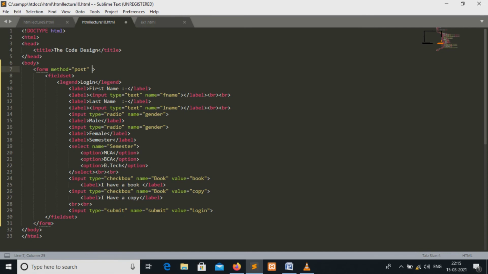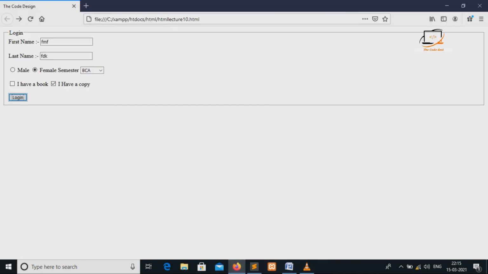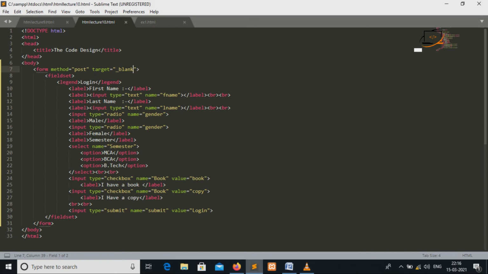Now we use target attributes in the form. So we use target. I am selecting blank. Now save this file, and here it should redirect to a new tab or new window.